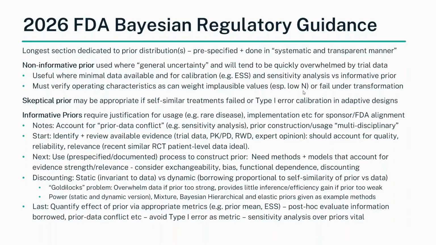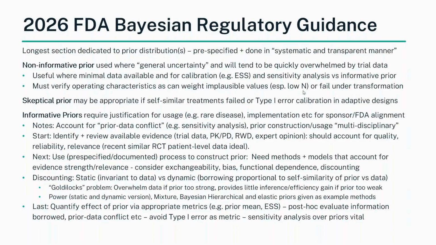There's various different biases. There's certain parameters that might make sense to construct a prior for, but which may not make sense for other parameters. So for example, you may consider this data source to be valuable for calculating the prior for a variance, but not for the effect size. Those kind of things to keep in mind. Obviously, bias is just something you should be keeping in mind when thinking about the strength and relevance of a particular source of data. So it goes through this in a decent amount